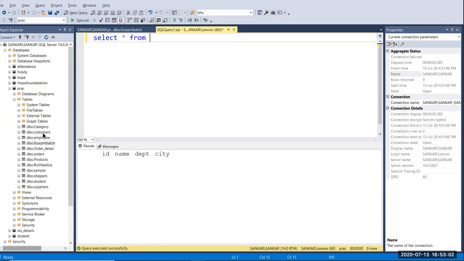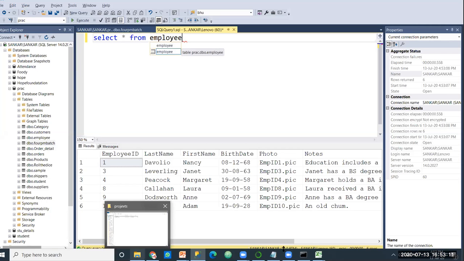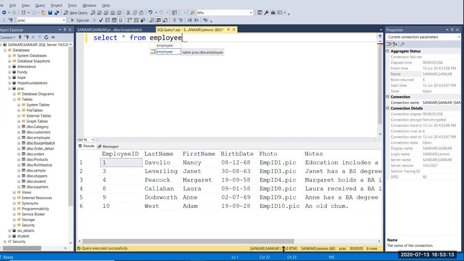Start with select star from employee. Okay, so here we have some data, or I'm going to take data from customers.